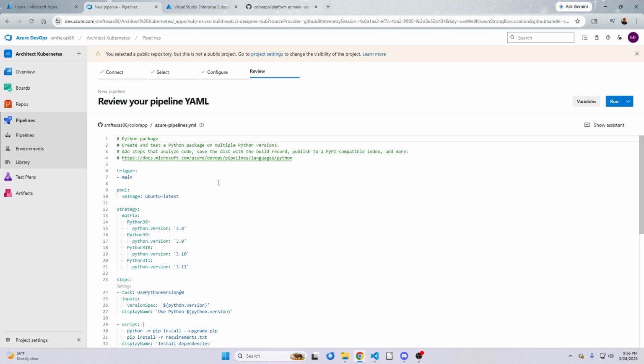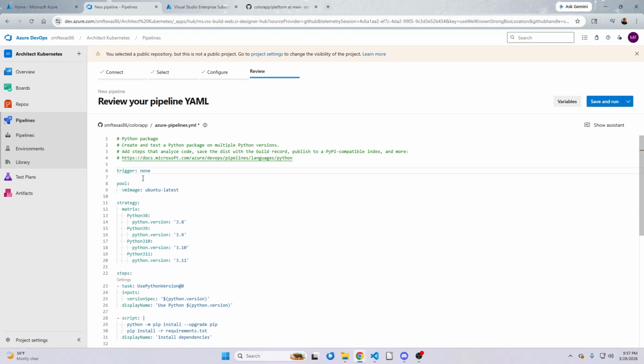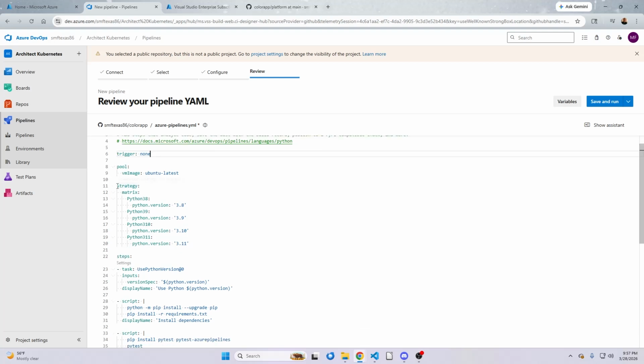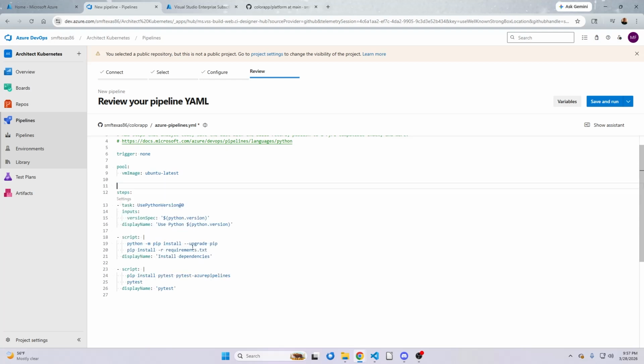Okay, so in this case, we don't really need much. The trigger is main, but I'm going to do none here. I don't want to trigger this using GitHub. I don't want it to run when I do a commit on any sort of branch or anything. So I'm going to set it to a non-trigger so I can run it manually. We're going to ignore all of this stuff, or pull all of this stuff out for now. The only thing I really want to do is run the